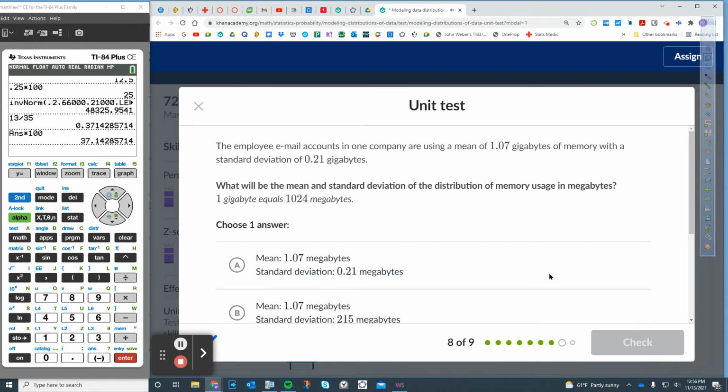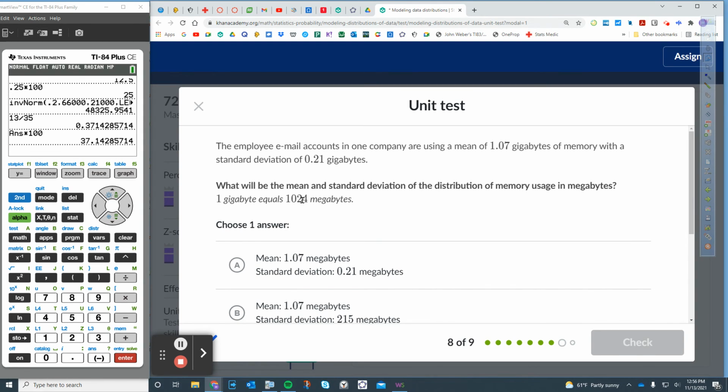Okay, here we go. The employee email accounts in one company are using a mean of 1.07 gigabytes of memory with a standard deviation of 0.21 gigabytes. What will be the mean and standard deviation of the distribution of memory usage in megabytes? Ooh, if 1 gigabyte equals 1024. So this is like a conversion of the units. Whatever you take, whatever this is, you multiply it by